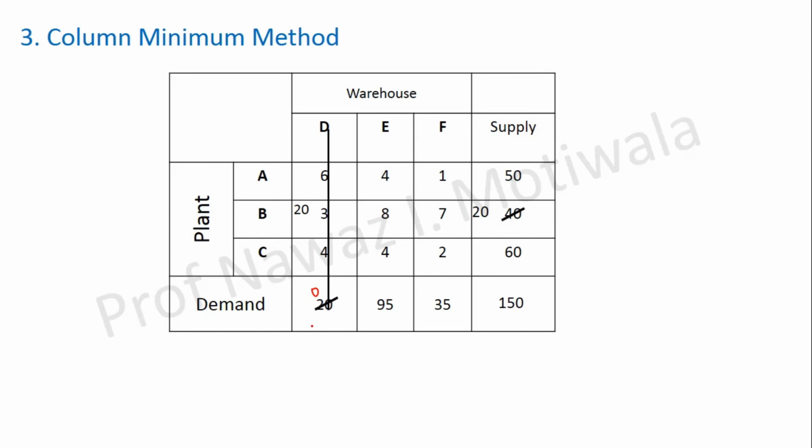On row C. हाँ देखो, अब थोड़ा सा पॉइंट आ गया देखने वाला. Now you can observe, understand this point. Now the minimum is 4. This is also minimum. This is also minimum. Okay, so there are two minimums in the row. So where to allocate? As per rule, or as per thumb rule, you can allot anywhere actually. But what I suggest, or what is suggested, is that at which place you can allot more, allot there first. So देखो अब मैं क्या बोलना चाह रहा हूँ वो दिखाता.